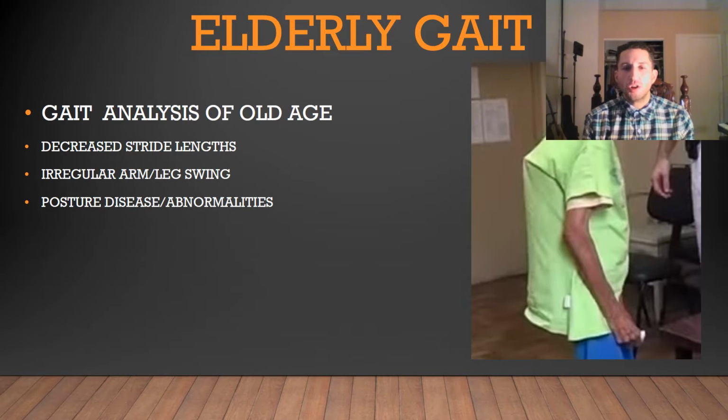Essentially, the patient is obviously postmenopausal. But with that being said, there could be indications of osteoporosis or bone tissue abnormalities that could affect the posture, the joint movements, range of motion, various different types of disease that could possibly be influencing this patient. So when you do elderly gait analysis, it's good to have knowledge of the different types of disease that a patient may experience in their lifetime,